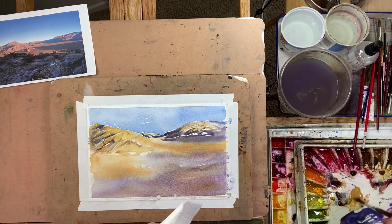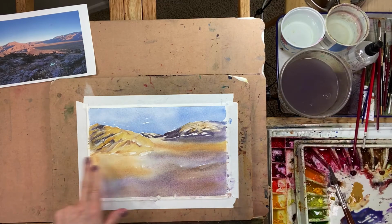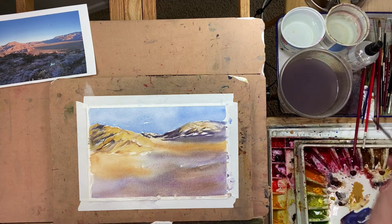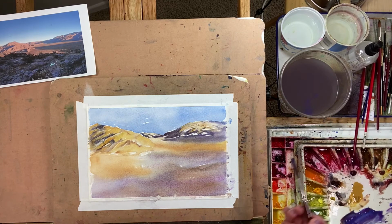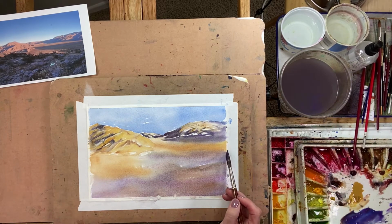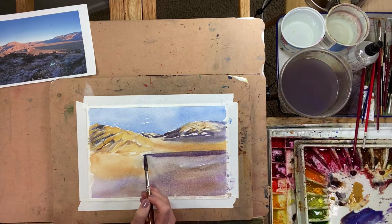So as long as those are ready to go on my palette, I can just go right back over, put a stroke of shadow down, and then come right in with a different color, and they will blend together beautifully. So, okay, this is where it kind of takes a little bit of guts. Just to start, I'm gonna come over here